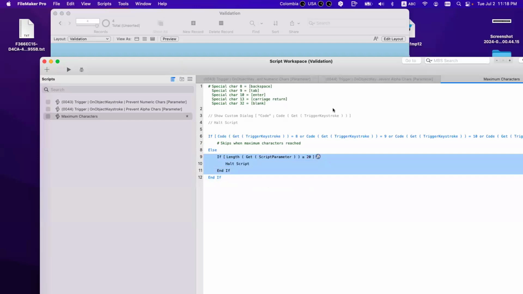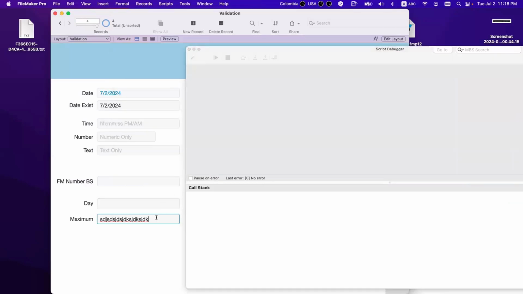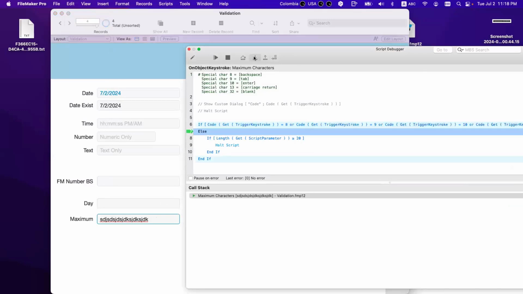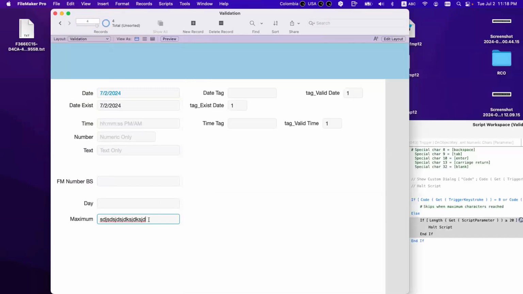The advantage is, when you reach the limit and you want the backspace, for example, I will allow it because backspace is 8. It will be part of that if, and that is an if with nothing. It goes, and then the backspace happens.